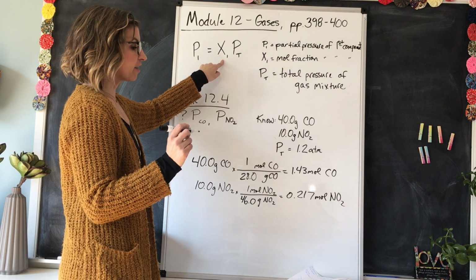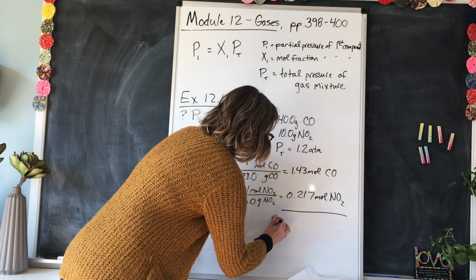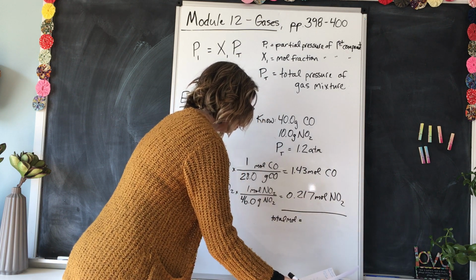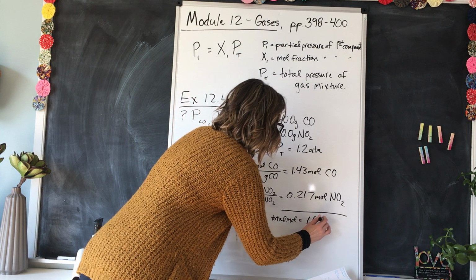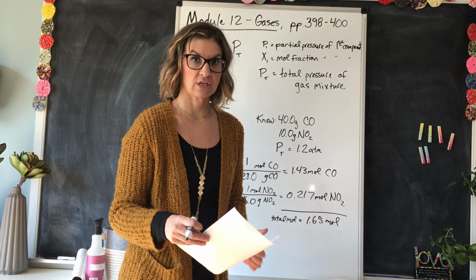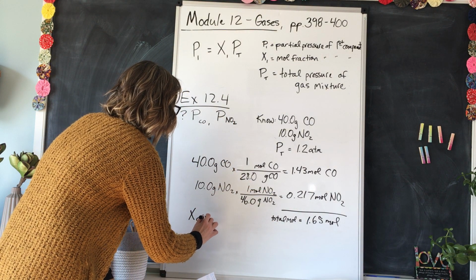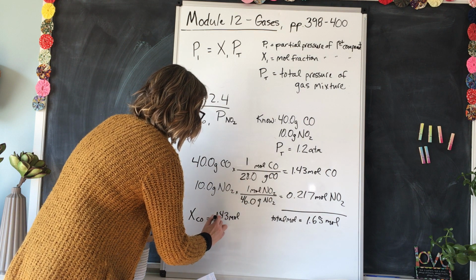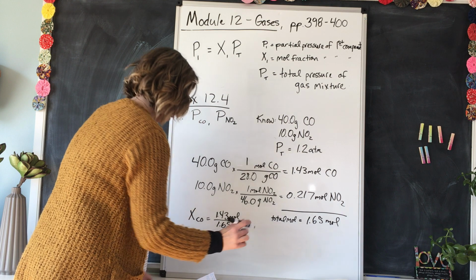Okay, in order to figure out the mole fraction, we have to know how many total moles are present. So now we're going to add these two together. So total moles in the gas would equal 1.65. 1.65 total moles are present. Okay, so now we're going to figure out the mole fraction for each gas that's present. So the mole fraction for carbon monoxide would be 1.43 moles divided by 1.65, the total number of moles,